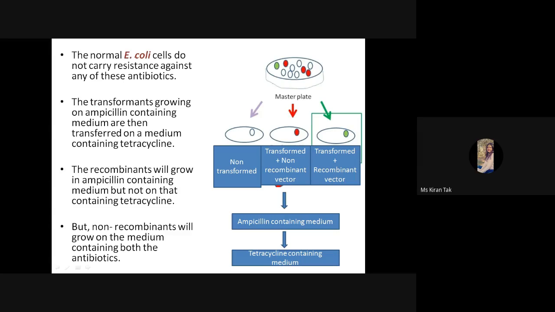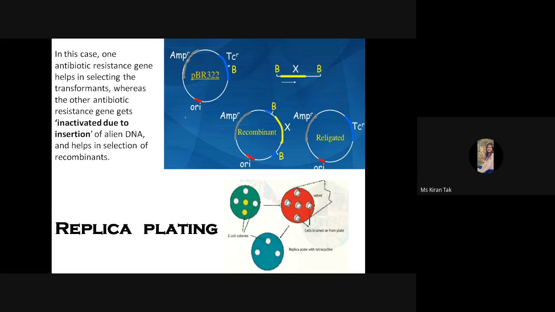So here is an example. There is the master plate that carries the E. coli, and this E. coli contains the plasmid vector. This is the vector containing pBR322. We incubate this plasmid with the E. coli. So what basically happens is, when we cut this DNA with the restriction enzyme and incubate it with our gene of interest,